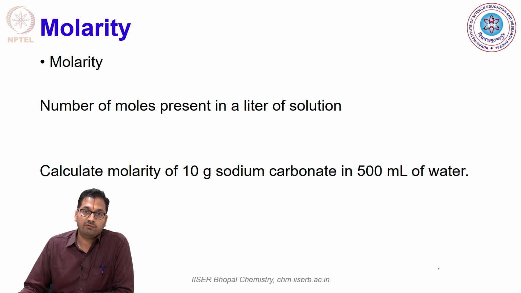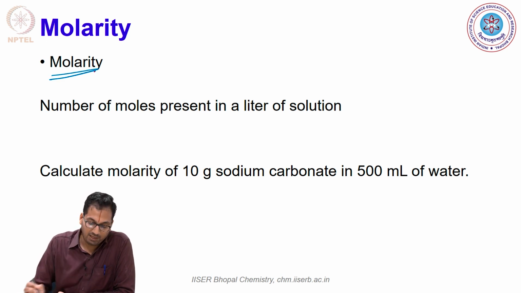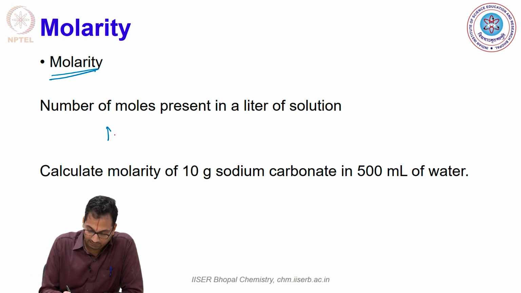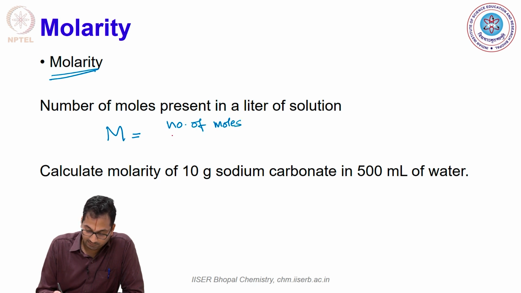Now let's go to the first concentration unit that we will most commonly use in this field of chemistry. That is called molarity. Molarity is defined as the number of moles present in a given volume of solution. So basically molarity M is given by number of moles, which is unitless, divided by the volume of solution